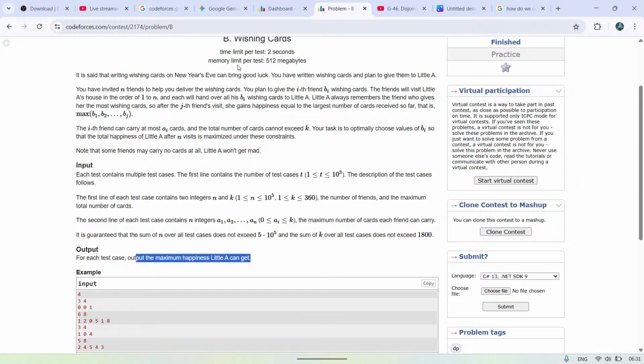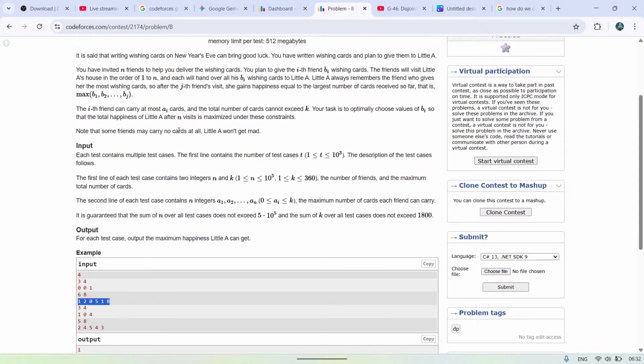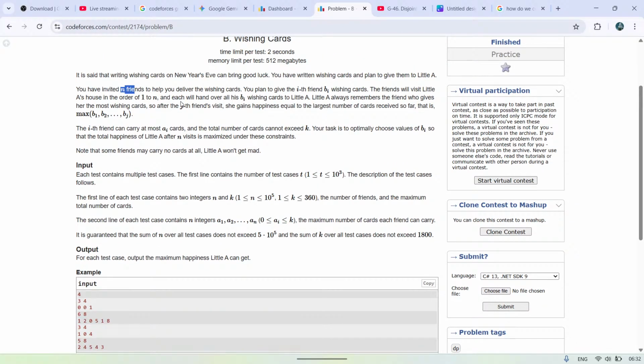So the basic approach that is coming to my mind is to just give one friend all the maximum cards. But let's read this problem again. You have invited n friends to help you deliver the wishing cards. You plan to give the ith friend Bi wishing cards. Friends will visit little A in order from 1 to n, and each friend will deliver all his cards to little A. Little A always remembers the friend who gives her the most wishing cards. So after the jth friend visits, she gains happiness equal to the largest number of cards received so far, that is, the max of